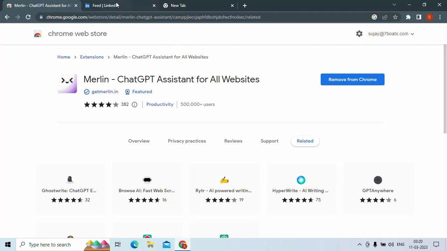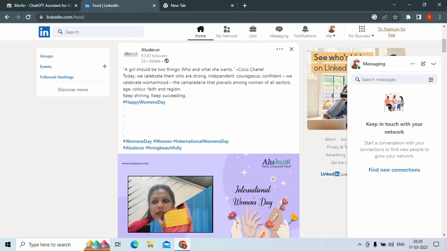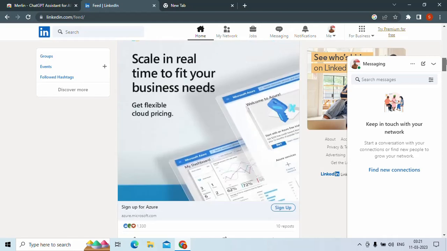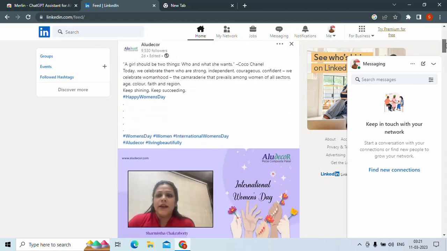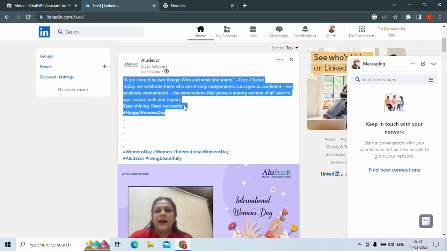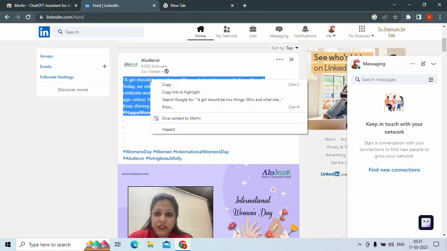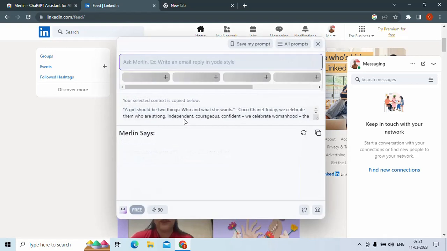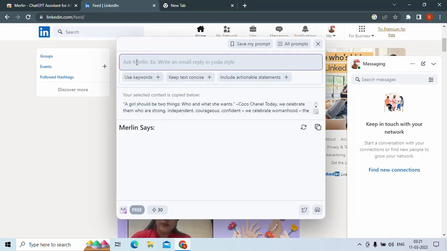After that, suppose I am going to my LinkedIn profile, and suppose this is my feed. Suppose I want to reply to this post. How can we use this? Basically we have to just copy the section, left click, and give context to Merlin. Look at this. You just have to click on this,